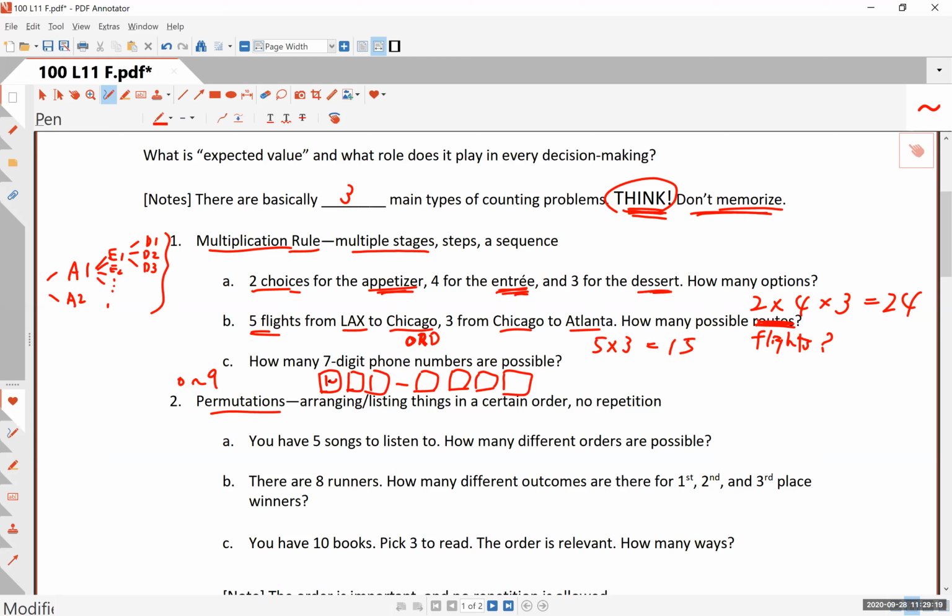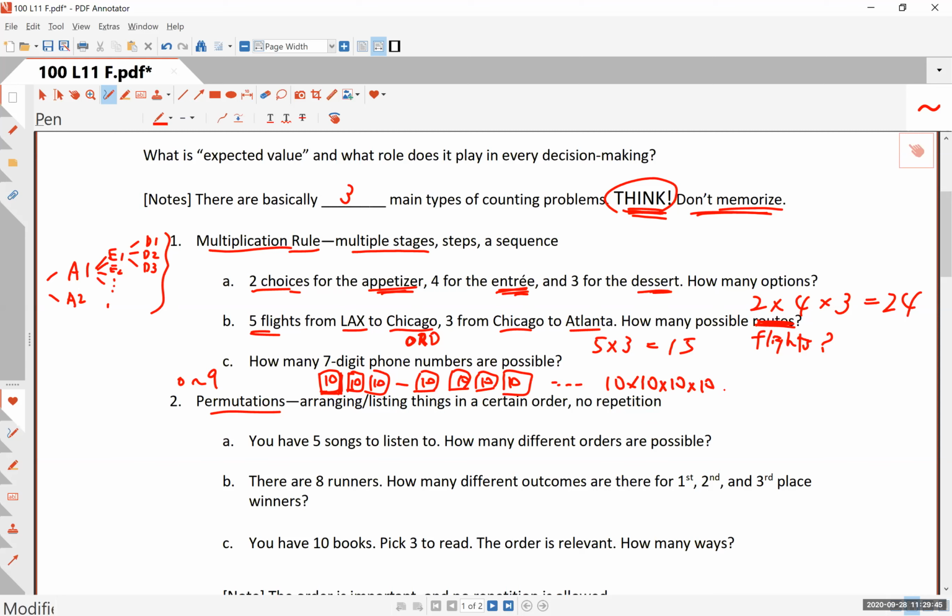Well, there are 10 possible ways to choose the first digit. And then regardless of the first one, let's say the first number is 2, but you still have 10 digits to choose from for the second, and then 10 for the third. And in fact, every digit can be filled completely independently by 10 digits. So that's 10 to the 7th, 10 times 10 times 10 times 10 times,